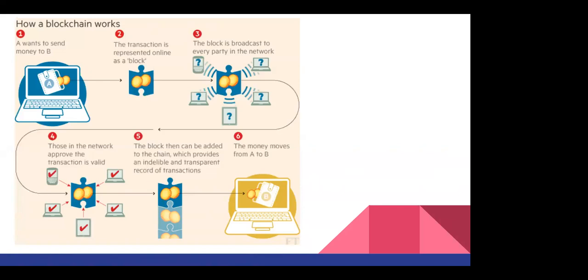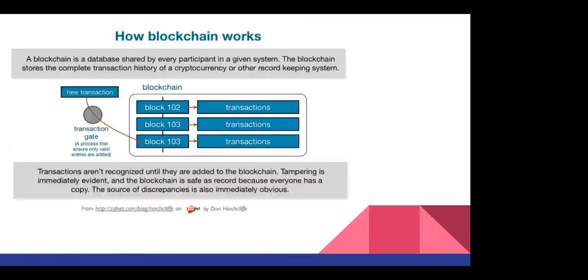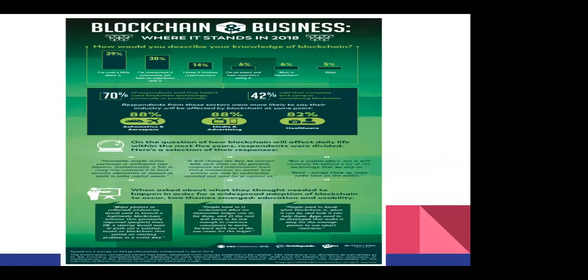the block and the transactions within it are sent to all of the nodes, and they just check that the data within it is valid. And then once they have confirmed that it is, they add it to their ledger, to their record of transactions, and then it can be propagated throughout the network. So then once it's approved and added, it gets added to the chain and the person can receive their money. And this is kind of just reiterating that.